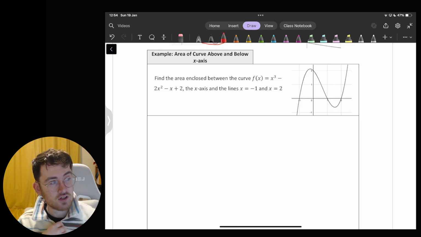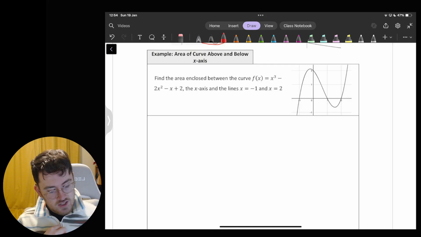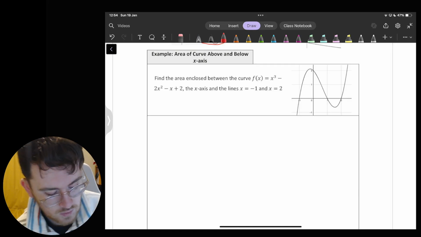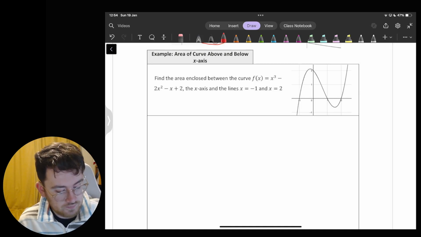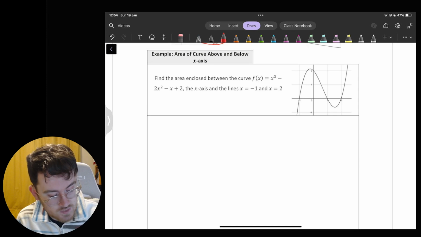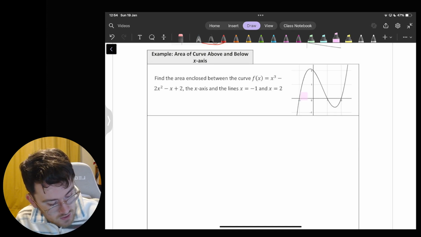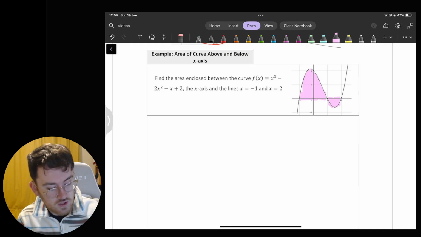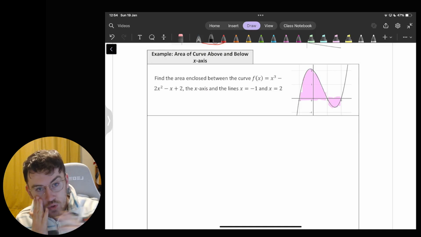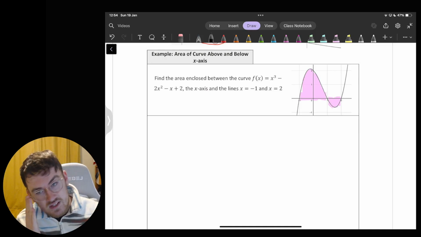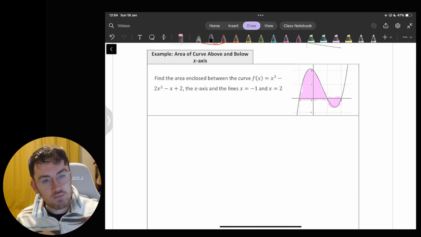Find the area enclosed between the curve f of x equals x cubed minus 2x squared minus x plus 2, the x-axis, and the lines x equals minus 1 and x equals 2. Okay, so all that really means is we are looking for the region here and here. So they're looking for the area between the curve and the axis between those two x values that I've been given, and part of that is going to be above and part of that is going to be